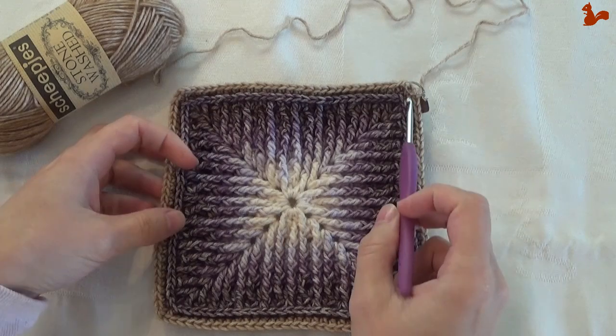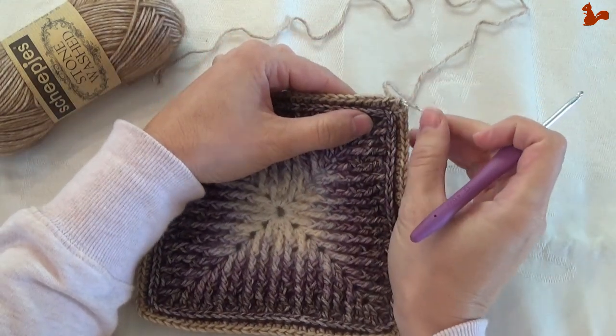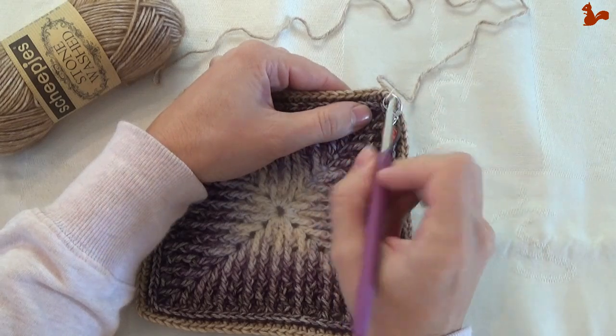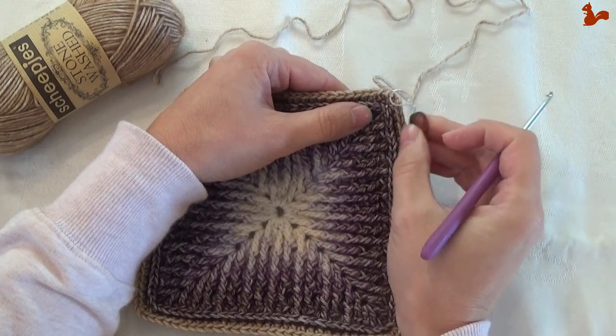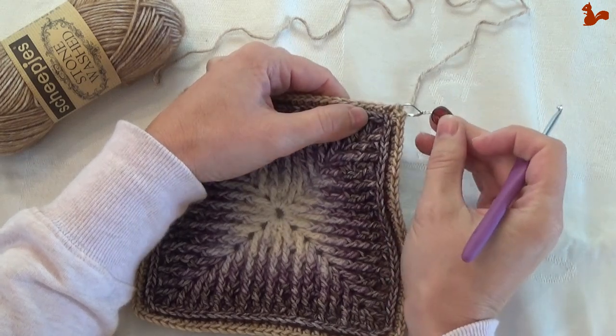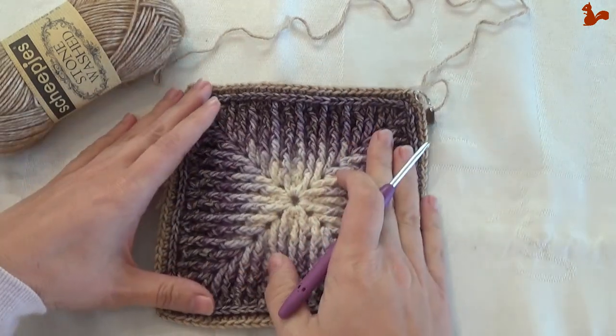When you've finished round 12, close with a slip stitch, and then just put in a stitch marker in that closing stitch, because we're going to use the same color yarn for the next round in part 2. So leave your yarn attached and just put in a marker so that you don't accidentally lose that loop. That brings us to the end of